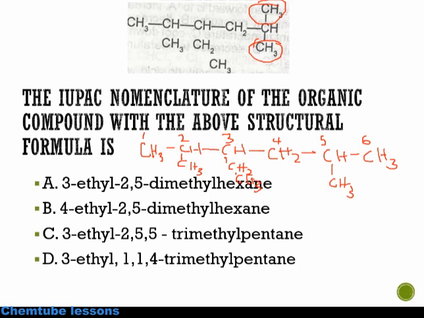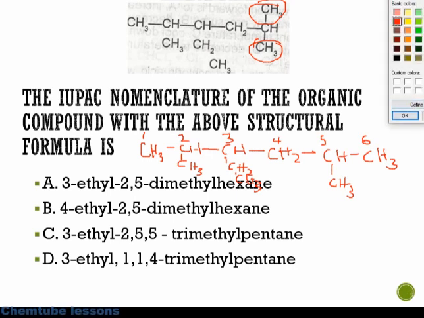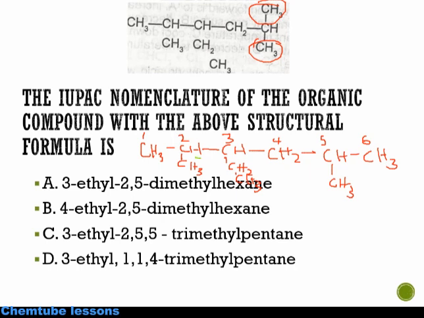So for the substituents, we have this methyl, we have ethyl on the 3rd carbon, we have another methyl on the 2nd carbon. So we have 3 substituents, but the substituents need to be written alphabetically. So this is methyl, and then we have ethyl. So E comes before M. So we have 3-ethyl,